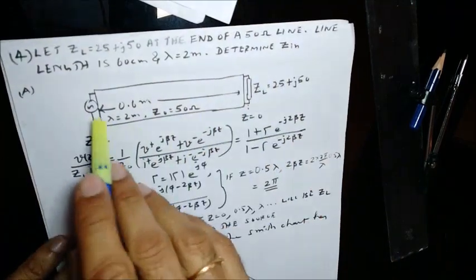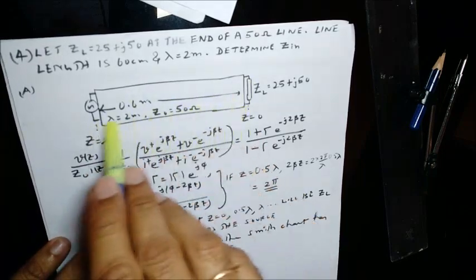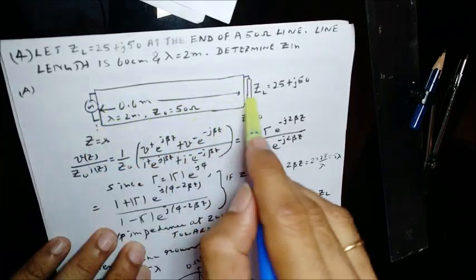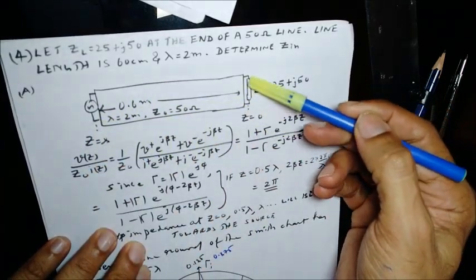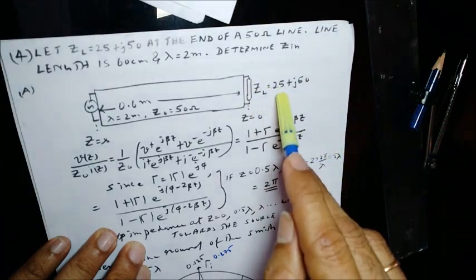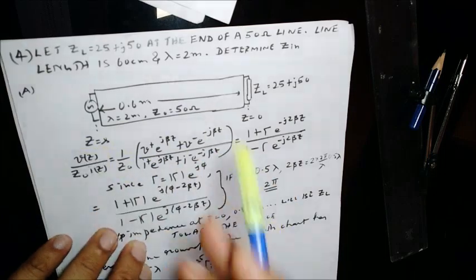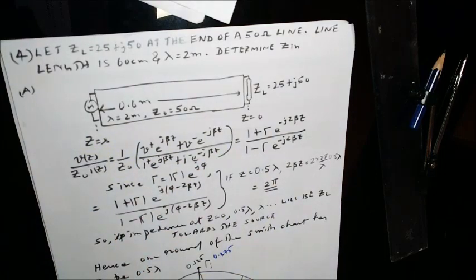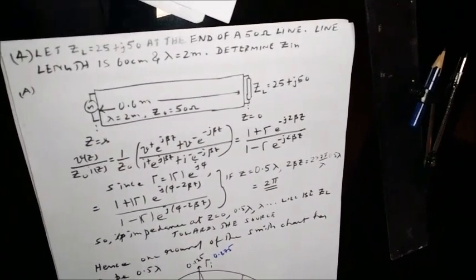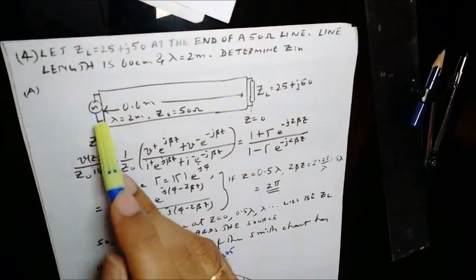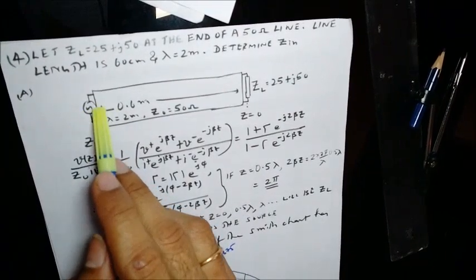So this is the schematic, this is the transmission line which I have shown here in the form of a block. It's just a schematic that I have used. You can see ZL here at z equal to 0, we have the load impedance which is 25 plus j50, and at z equal to, say, arbitrarily, s greater than 0, we have the source or the generator. So the signal generator is here. It is at z equal to s.